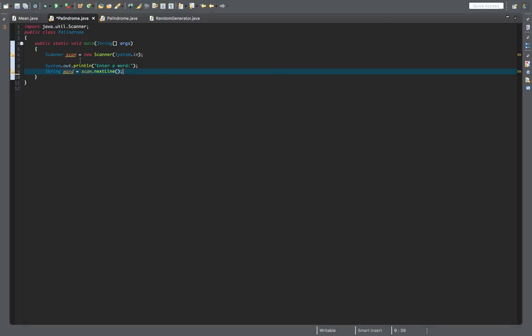Basically, what the scan.nextLine method does is it scans in any string that has more than one letter. So if you were just scanning in a character or a letter, then you would just use scan.next. But because we're scanning in an entire word that has 3, 4, 5, 10, however many letters you want, since it has more than one letter, you have to do scan.nextLine so that it runs through